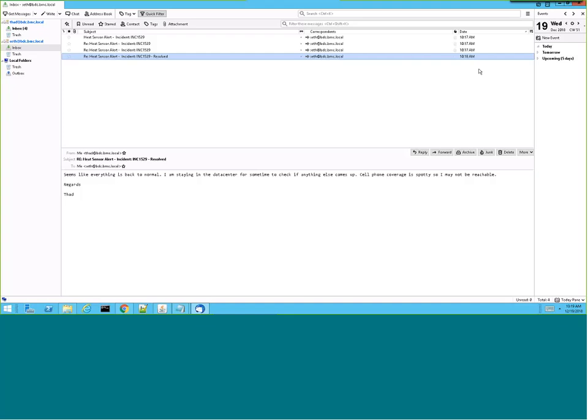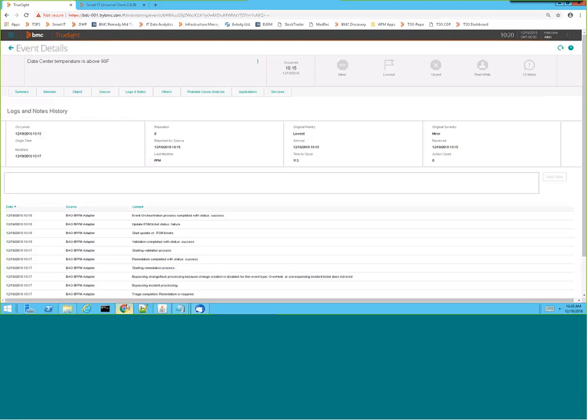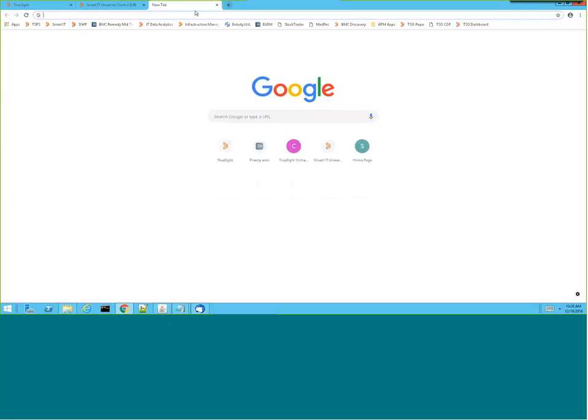But that was done using automation as well, just using it a slightly different way where we set up a scheduled job. If we look within the automation tool,